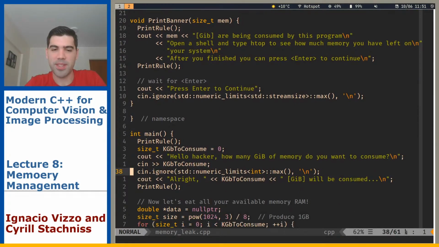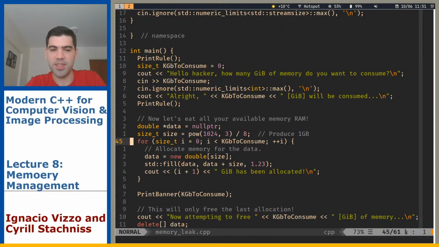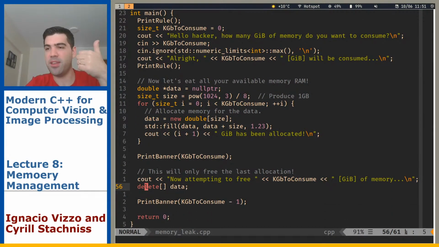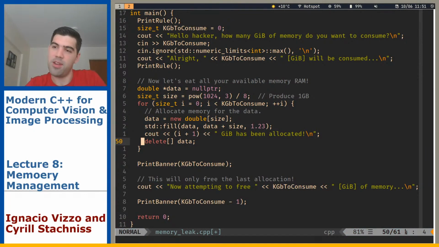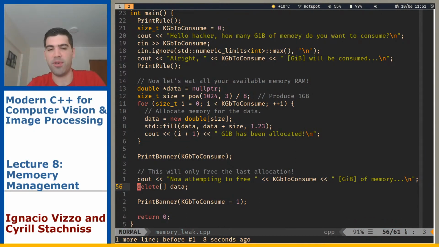So what is the problem here is that every time you enter this loop, you're allocating 1 gigabyte, and here you're only deleting, also known as freeing, 1 gigabyte. So the problem is that this delete should be here and not there. And why is this? Because, or you put here, like you do a for loop here and then just call delete 5 times, but this is stupid. You will never do a program like this,